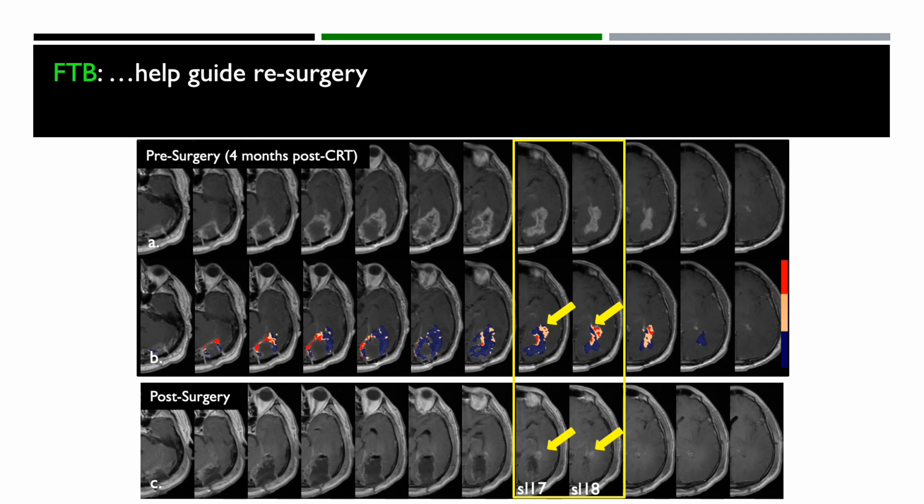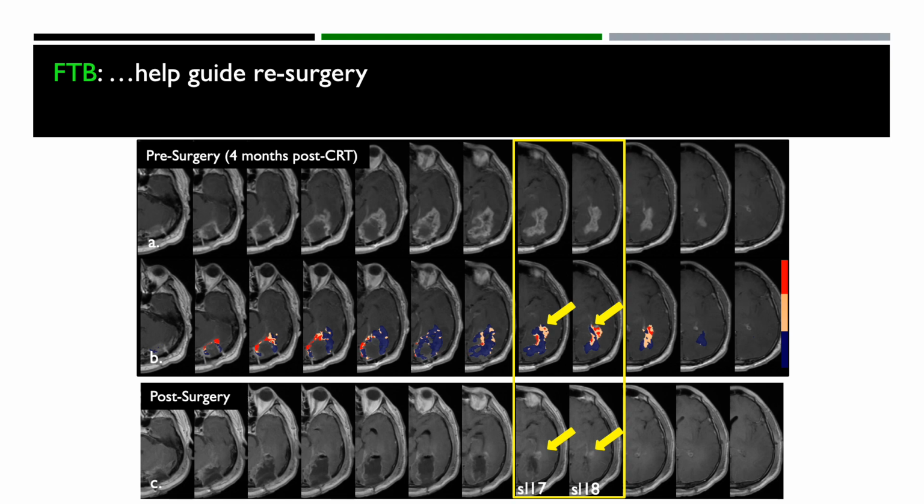Here's another example of the utility of fractional tumor burden maps and how it can help to guide resurgery. Here are images that were obtained in this patient before surgery, but 4 months after chemoradiation therapy. So it looks like the tumor is clearly progressing. If you collect the FTB maps, you can see that there are varying regions of tumor, shown in the red-orange, and the treatment effect, the blue. So this patient went back to surgery, and all the tumor that could be removed was. However, there are 2 areas that could not be removed because of location,